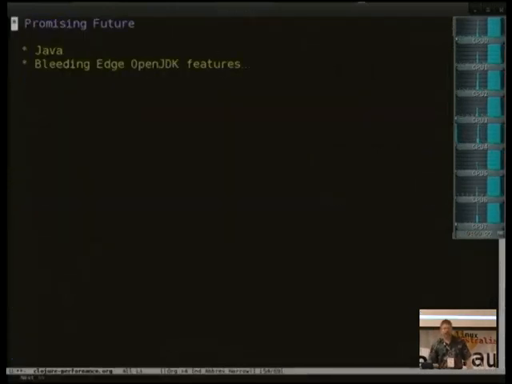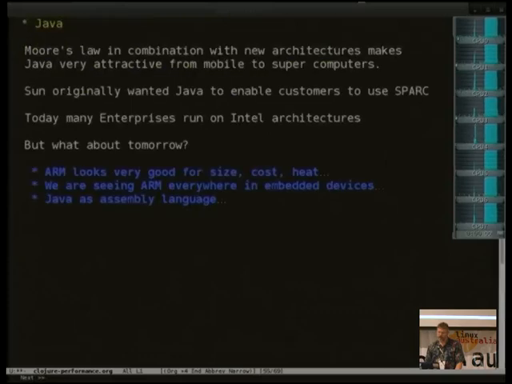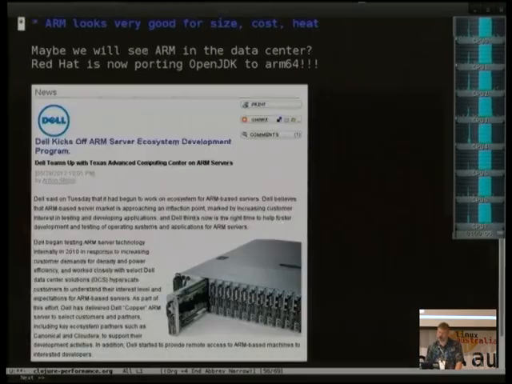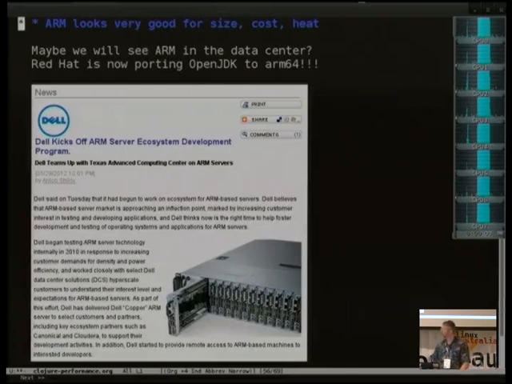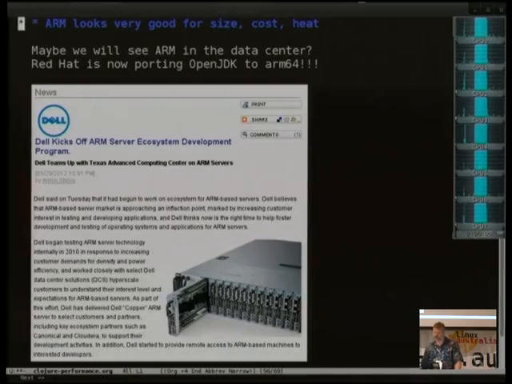So let me just say a couple of words. That's an overview of the concurrent programming support in Clojure. Why I think this is interesting is, in particular, that Java is well positioned for new architectures, and I want to call your attention in particular to ARM, because I think ARM is a really interesting case. I don't want to call out Dell in particular, but I want to put on your radar that ARM is developing a 64-bit version of their chip, and that is going to be, I think, a very important